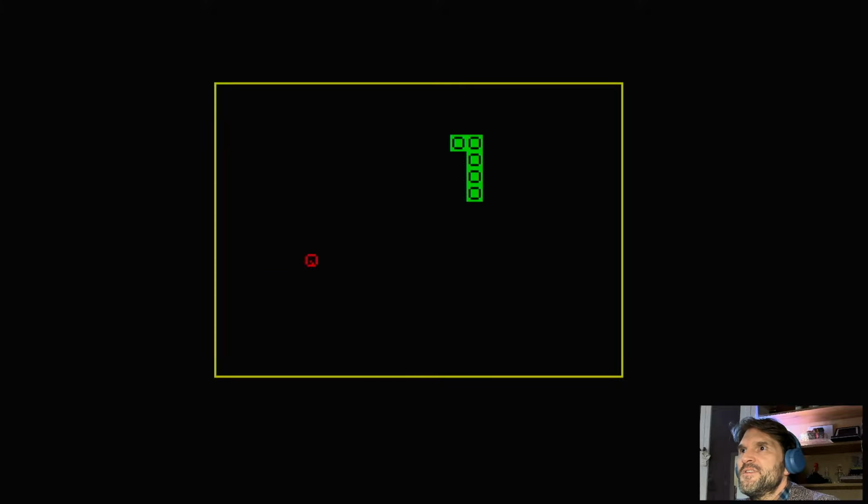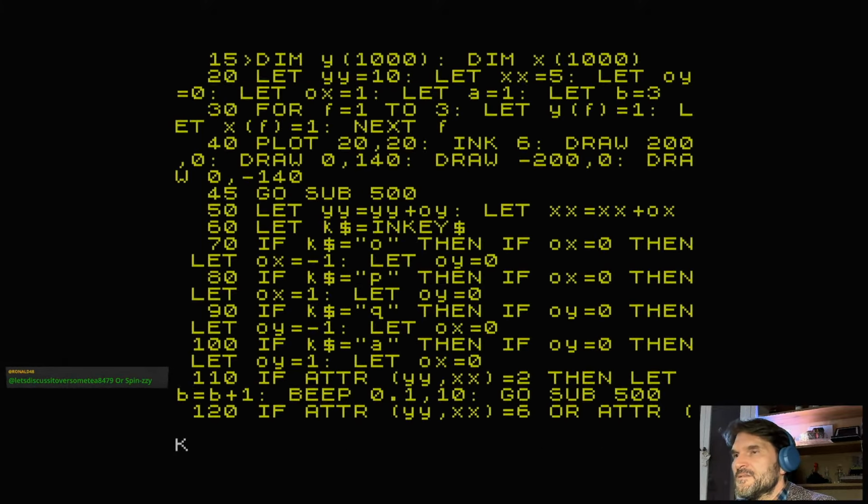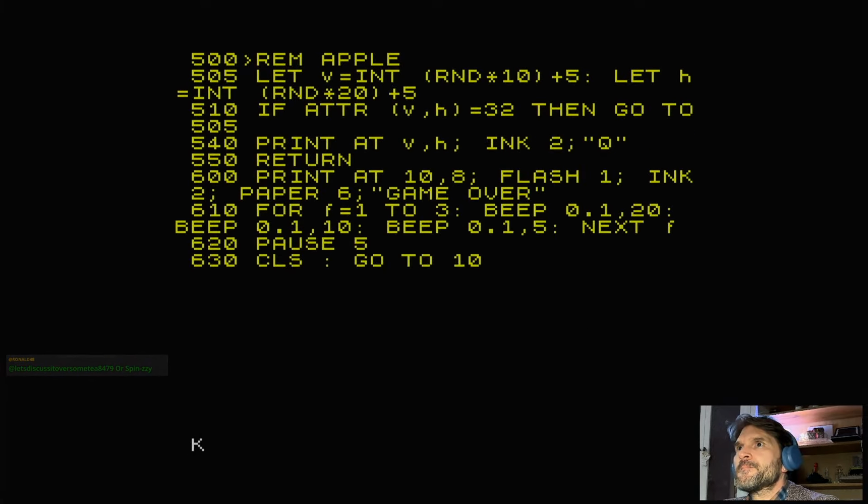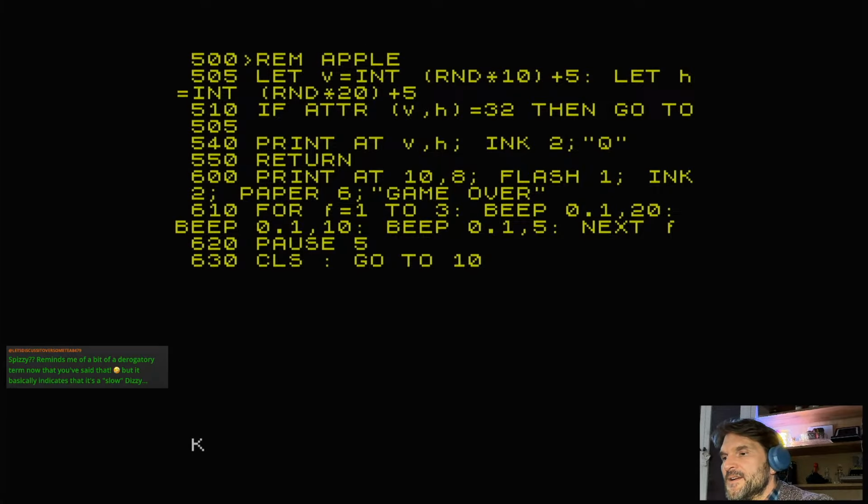So the only thing I have not put in this is a score. Let's have a score system in there. So if I put 25, let SC equal 0, so that would be our score. And then if I come down to line 500, so there's our apple being printed. We could just stick it in there, couldn't we? If I go